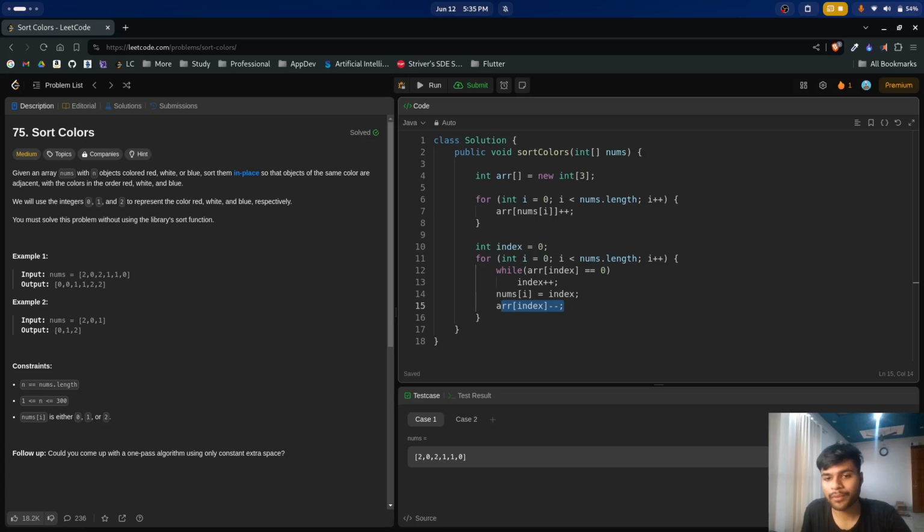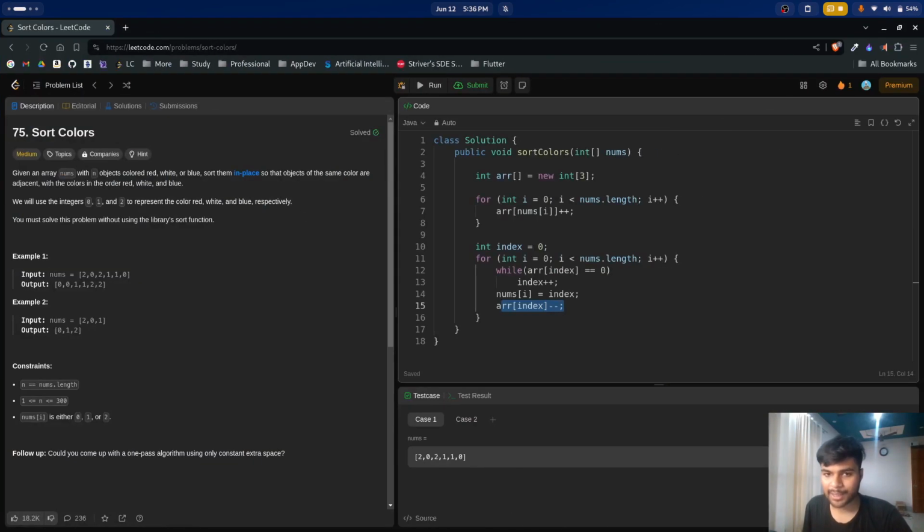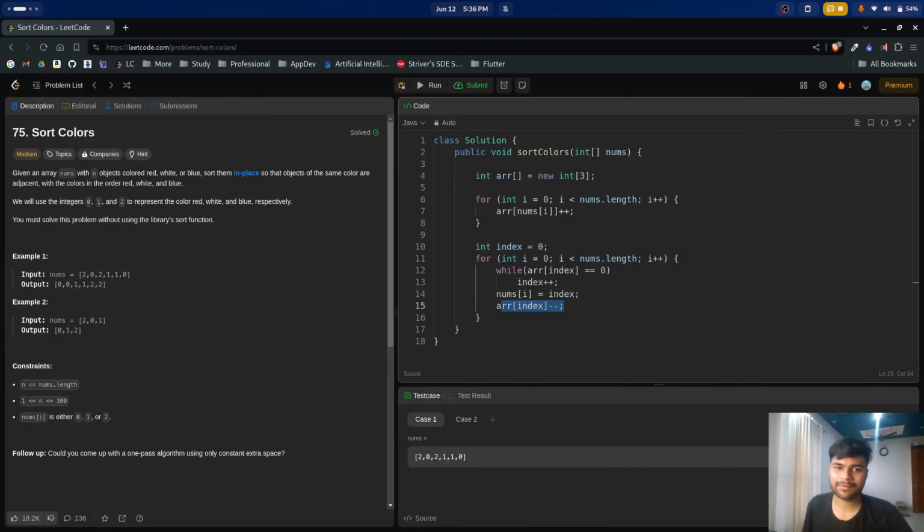For moving forward, we are using a while loop here, and the reason we are using a while loop is because of one edge case. Say this is 0 and this is 0 too. If we use an if condition, it will just increment the index by 1. Either you have to use two if conditions, which is not intuitive, so we are just using a while loop. While ARR of index